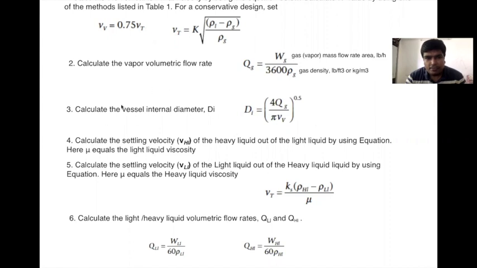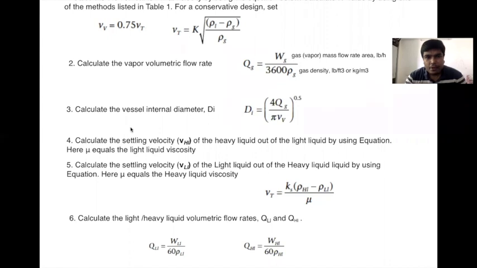Now, second, once you have this terminal velocity, Vt, and you find out the drag velocity. So drag velocity is always less than terminal velocity, then only the separation will occur, as I said, right? So the vessel internal diameter can be calculated using this relationship. You can see here, right? So this comes from Q equal to A into V, right? So the flow rate is defined by area into velocity. From there, this area term will get di, right? So this is the formula from where the internal diameter of the separator is calculated. So one parameter, you know, the diameter of the separator.